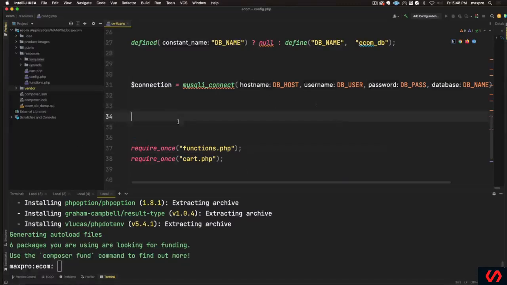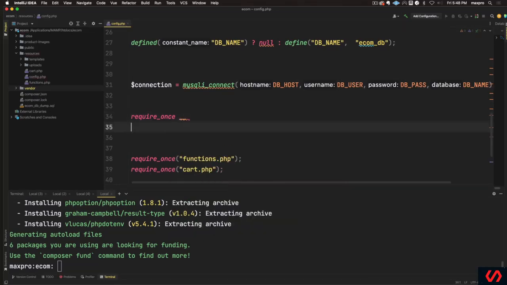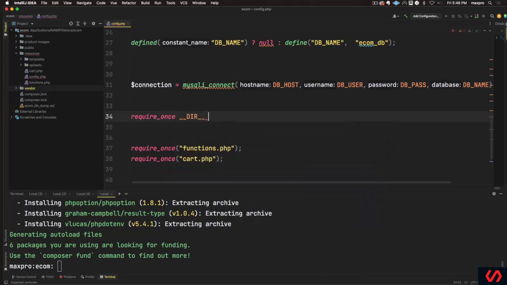So what I'm going to do is require once, or you can just say require, but I don't want my application to run unless this works. That's why I'm using require once. I'm going to use this magic variable here, and I'm going to concatenate. I'm going to go up, and then go to the vendor folder, and I'm going to require